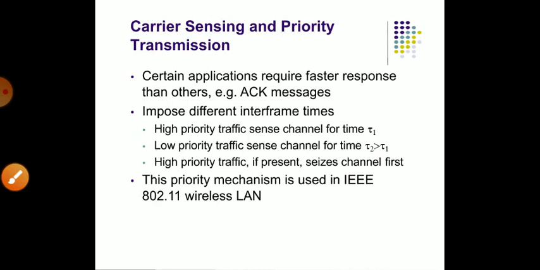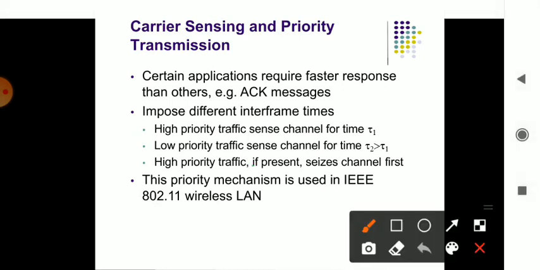Carrier sensing is mainly used in wireless LANs or WANs, and it has a higher priority, while lower priority channels are not given much importance. Higher priority is maintained on the data to be sent and received in a particular way. So this is the concept of CSMA, which has a higher level of acceptance of data from one end to another end. It will send and receive the information without any difficulty, without any collision.